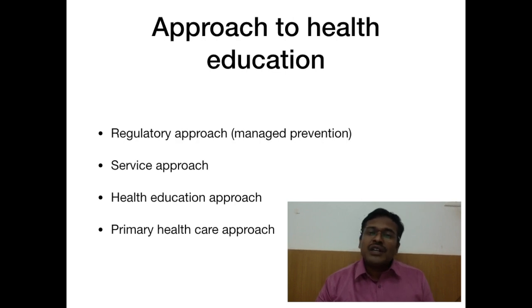Because when you start at school level itself, when you start giving this type of education, what will happen is the students get these messages, they change their behavior. When they become adults and when their children are born, that behavior is going to continue in the child also. So what I'm coming to say is, even though the change may come slowly, it will be persistent in the health education approach. And the recent approach is the primary health care approach, where we take into consideration all the four essential principles which I already told you. And when you take community participation and intersectoral coordination into the health education approach, it is going to be much better and successful.